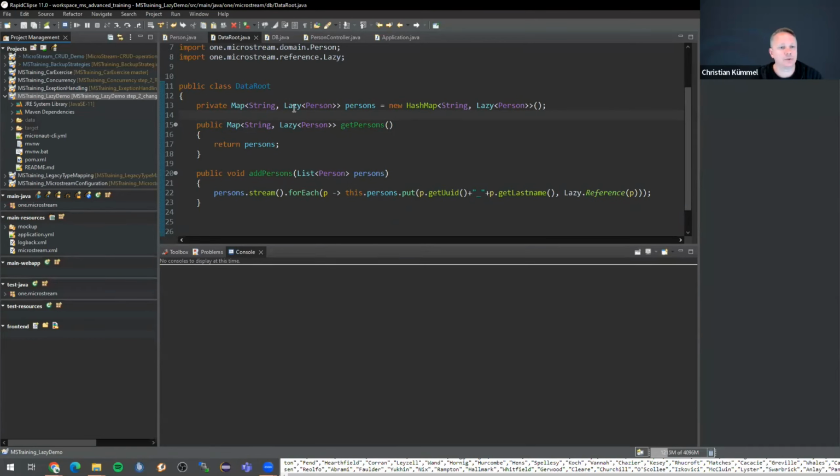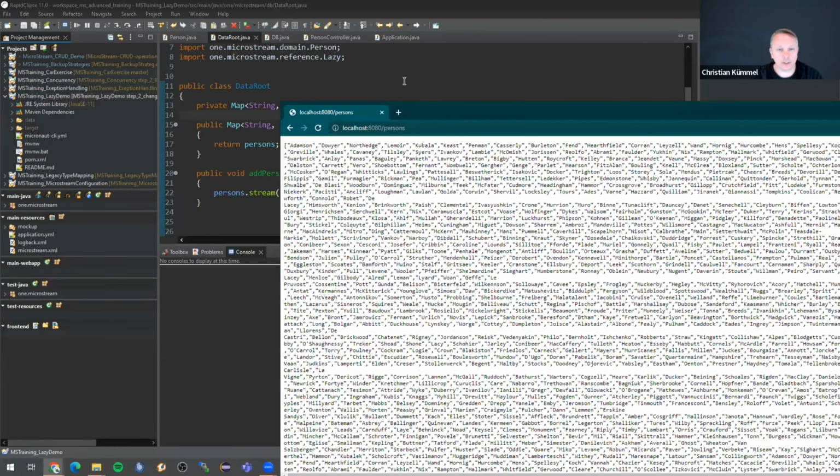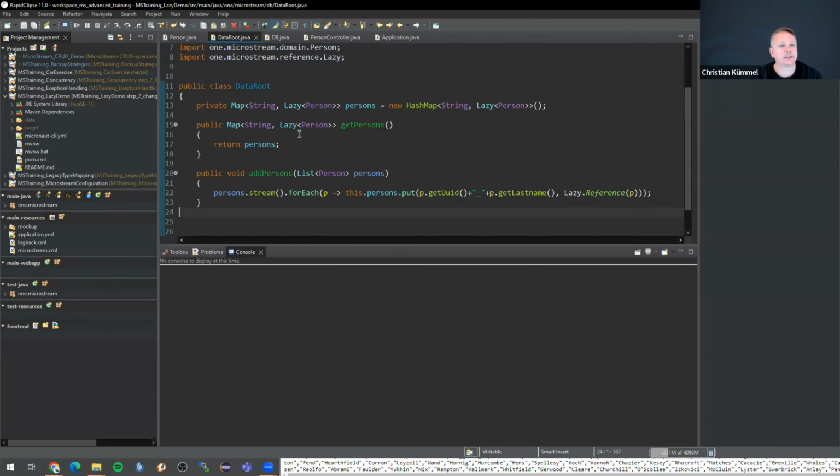I've already shown you the map, for example. And this is really a great opportunity to store data. It's a much better solution, I would say. So let's start it directly. It needs a little bit longer to store the data, but